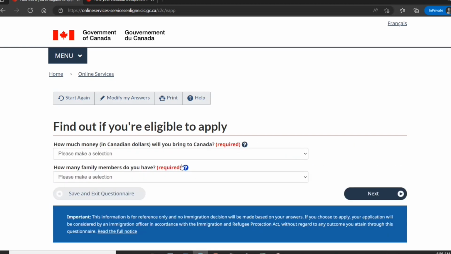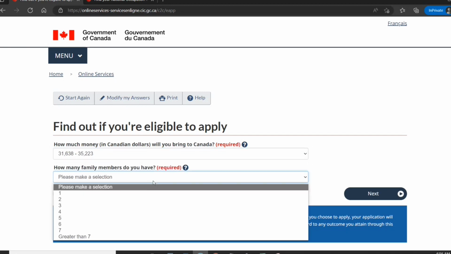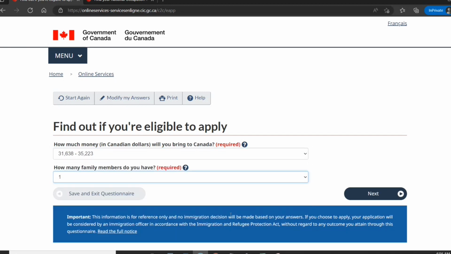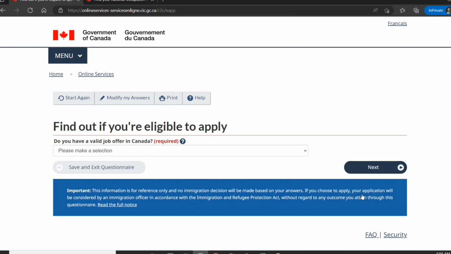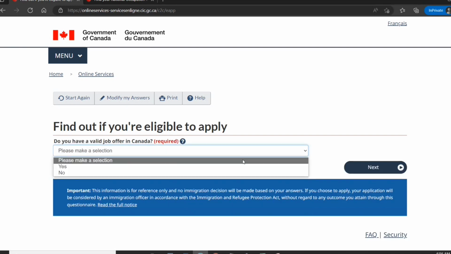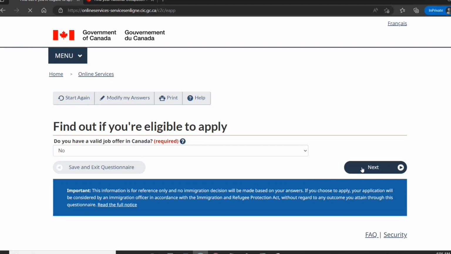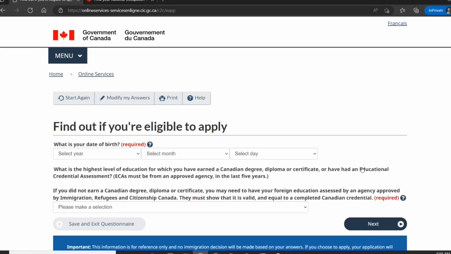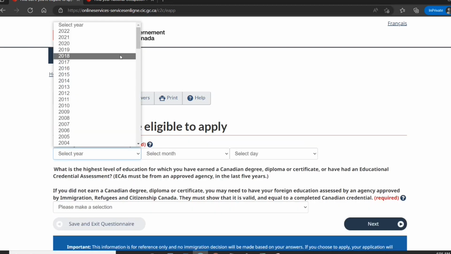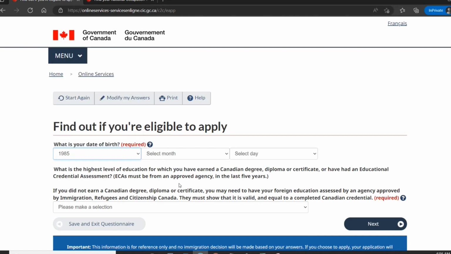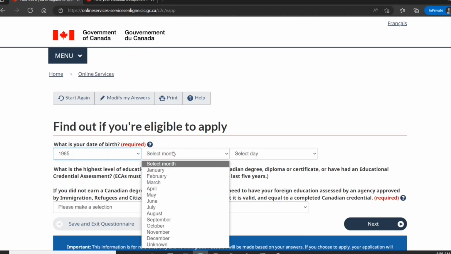How much money will you be bringing to Canada? I just select this. How many family members do you have? I select one, whatever is applicable in your case. Do you have a valid job offer? I select no. What's your date of birth? I select a sample. Which year do you want me to make? 85. Okay, fine. January